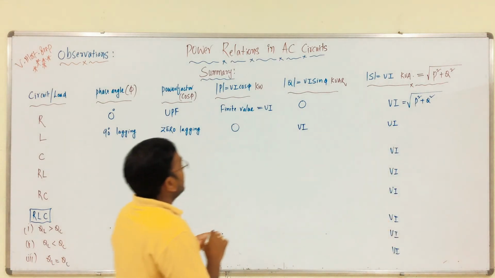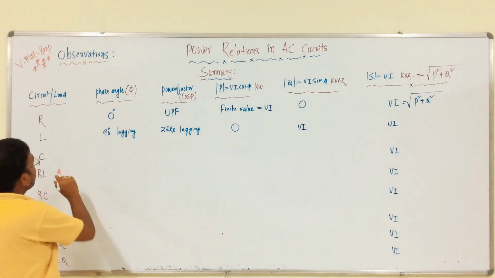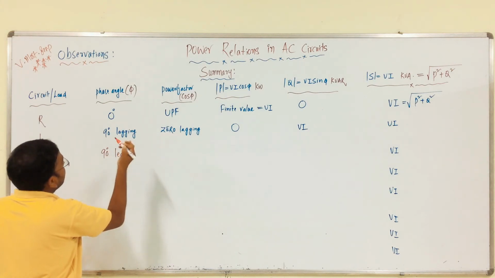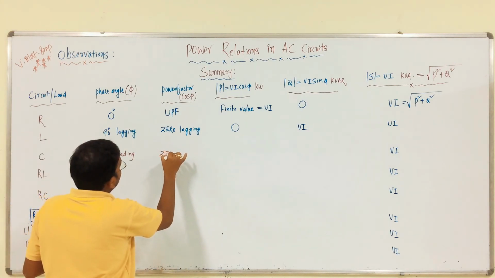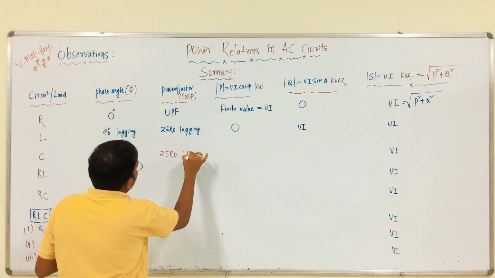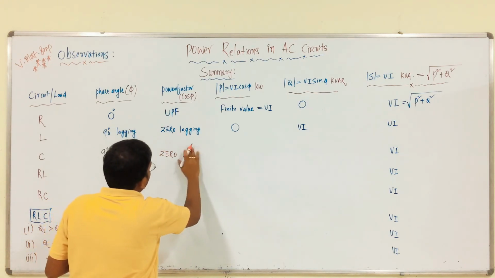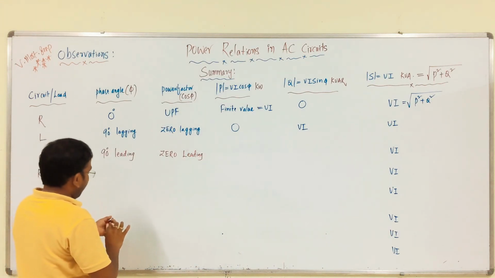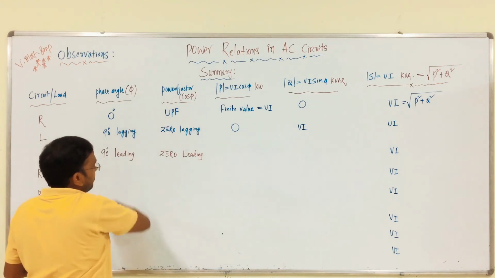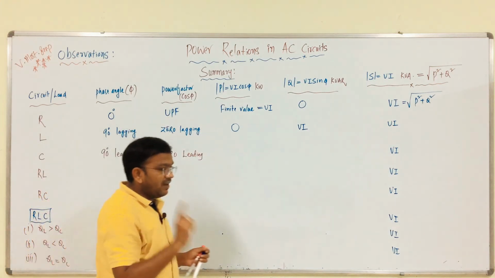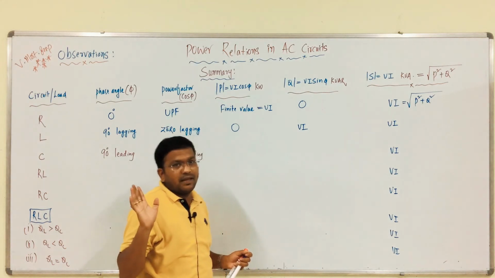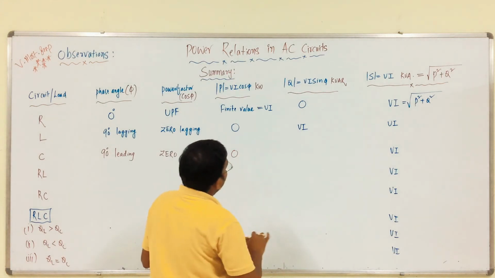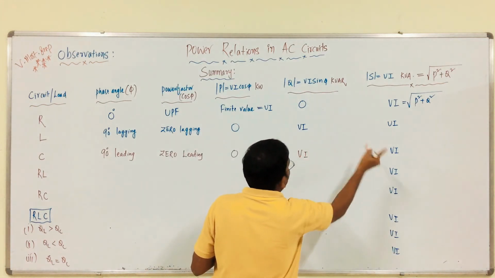Okay. Next, third one. For pure capacitive load, always the phase angle between voltage and current is what? 90 degrees leading. Here it is 0 leading. See, this entire concept is very, very important for your electrical engineering. Okay. Next, P is what? You see, this is 0. This is what? VI only. That is why we have VI, clear.